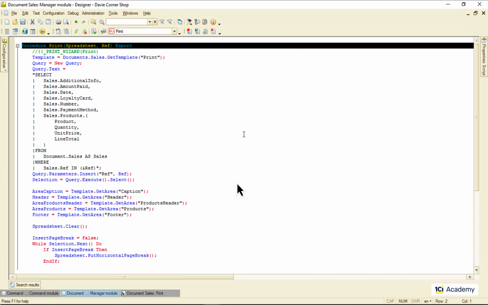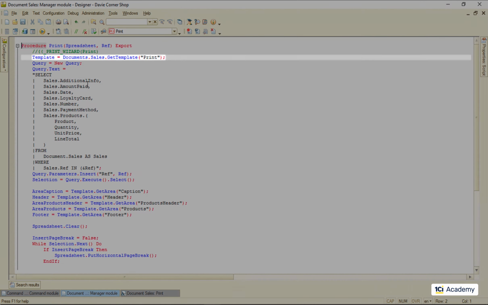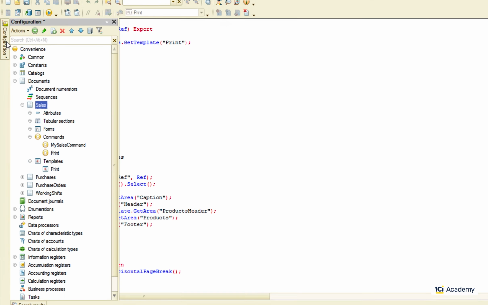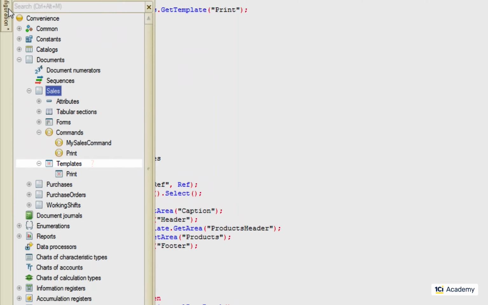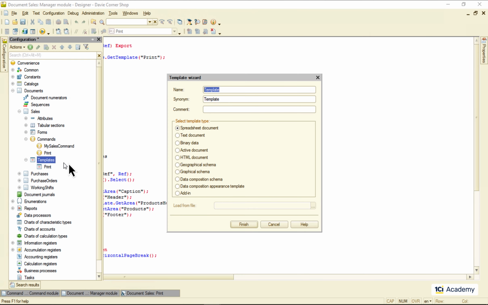This is the main print procedure created by the wizard in the Sales Document Manager module. And the procedure's very first line explains why this approach is called template-based. What's going on here is that we go to the Sales Document metadata object, read the template, also called print, and assign it to this template variable. So what exactly is a template? You can think of templates as files attached to metadata objects. It can be virtually anything you might want living along with your object, including any binary file uploaded from the disk. But in our case,